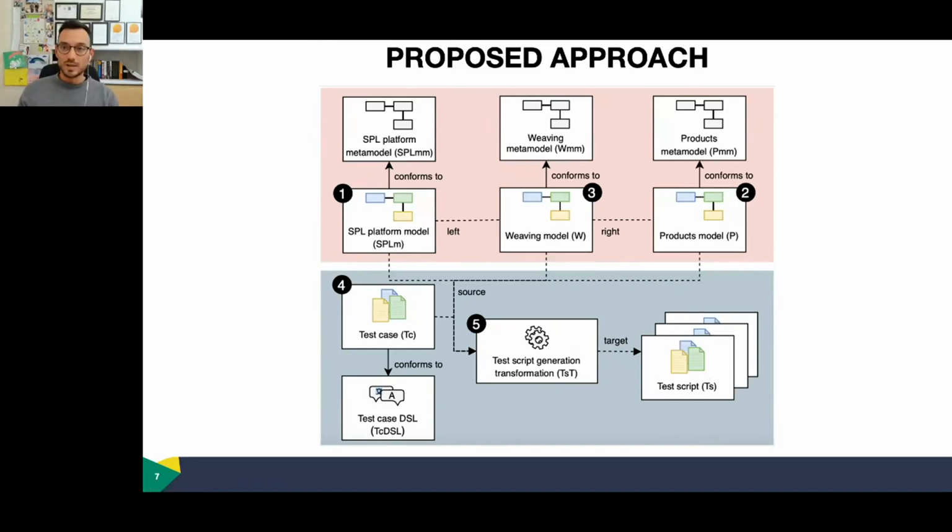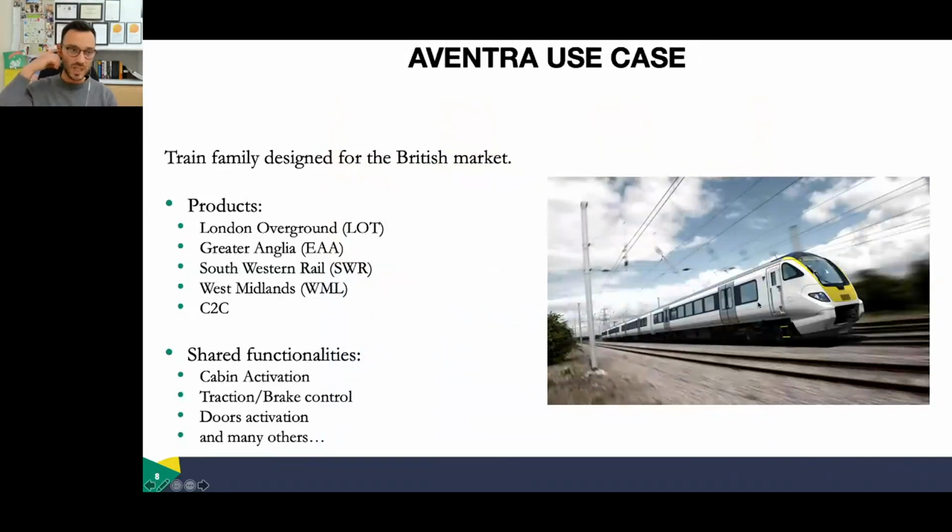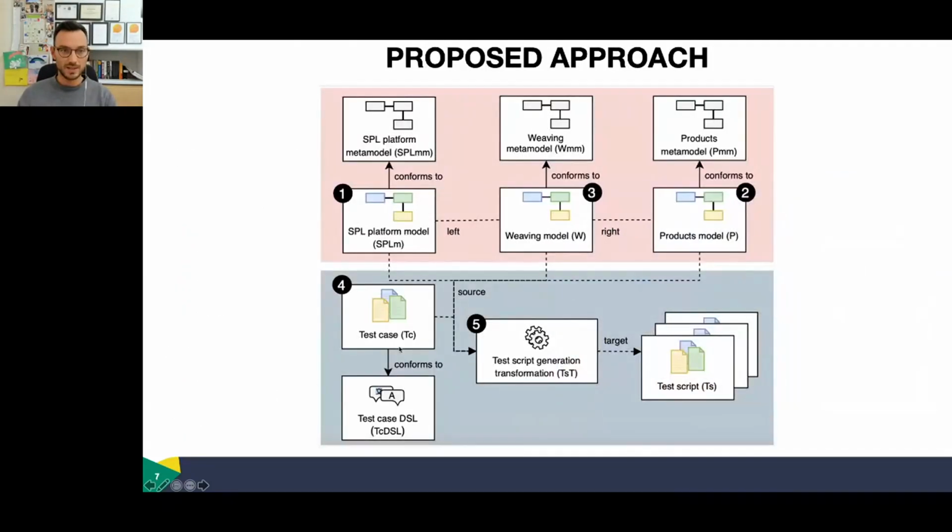So let's discuss a bit the application of our approach in the Aventra use case. As I said, the Aventra use case is a family of passenger trains for the British market. It consists of 5 trains, or it consisted, at least when we did this research, of 5 trains. And as I said, there are tons of functionalities that are common. So according to this, of course, the